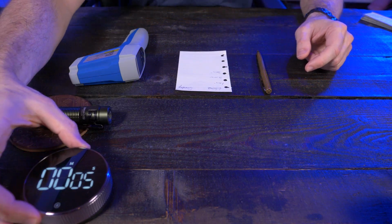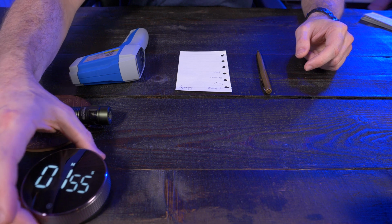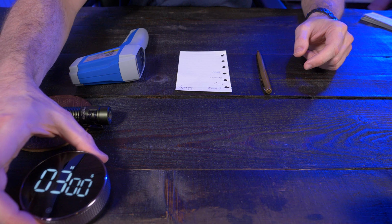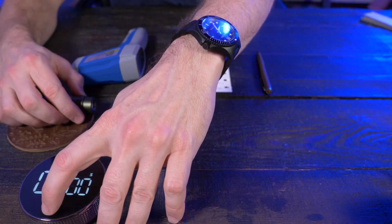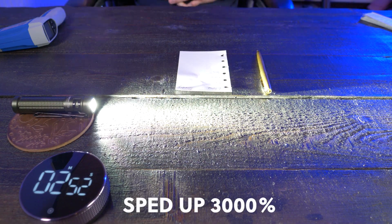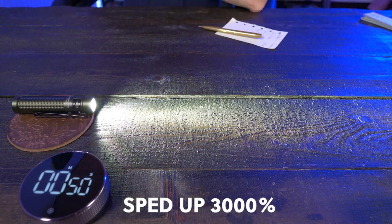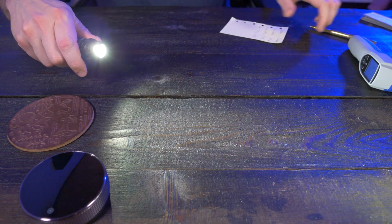So my fancy new timer right here. Let's get it to 2 minutes. I'm sorry, let's go to 3 minutes. Right there. I'm going to do this at the same time. Double click and go. All right, cool. All right, so holding it in my hands right now,